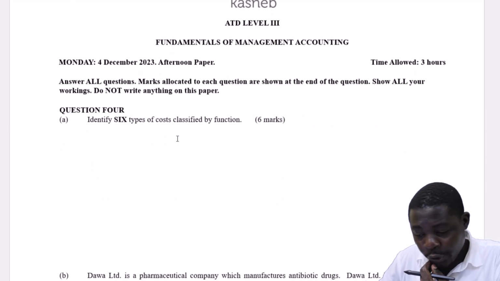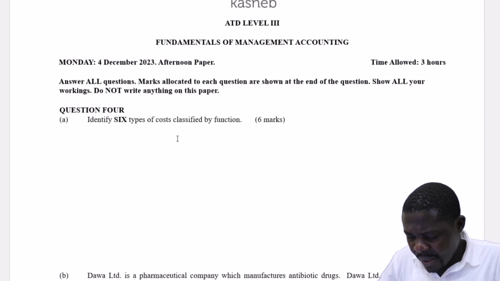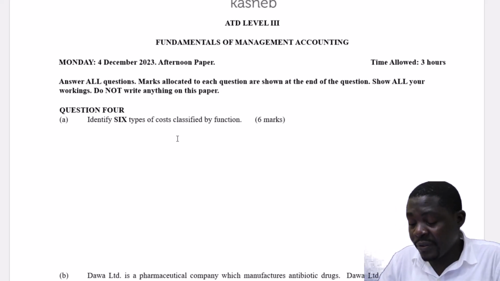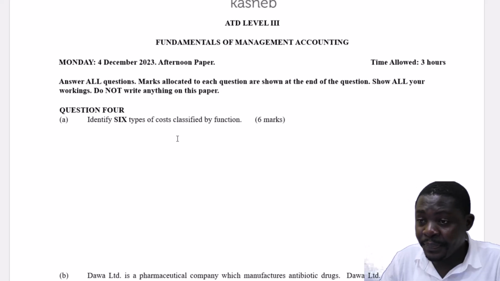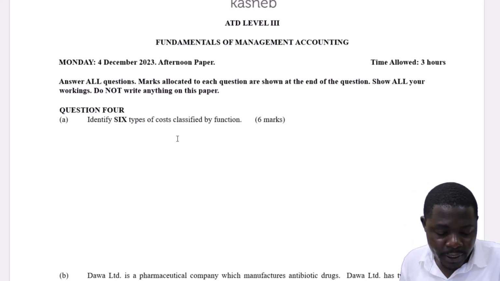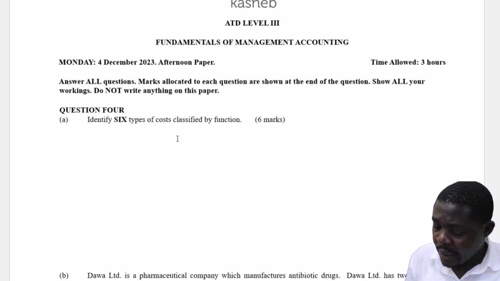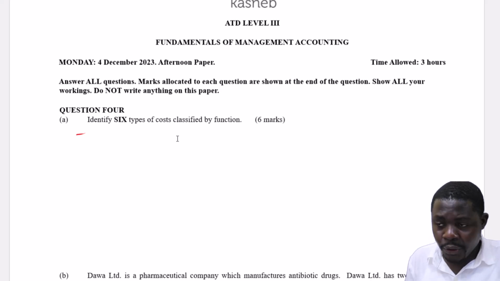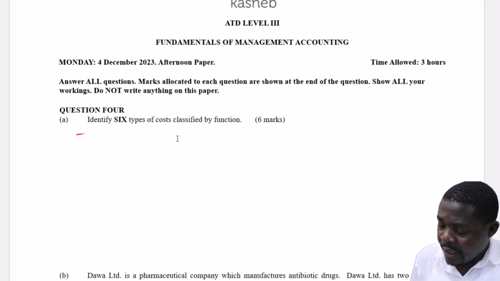Let's look at question 4. The question reads, identify 6 types of cost classifications by function. I'm just going to mention, because some of these things we covered in our introduction for management accounting. Number 1, we mentioned that costs can be classified basing on